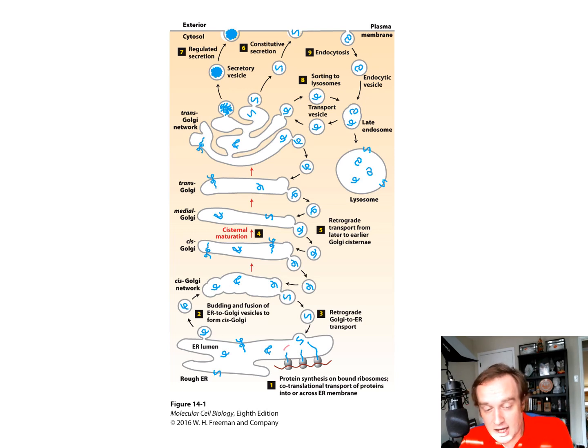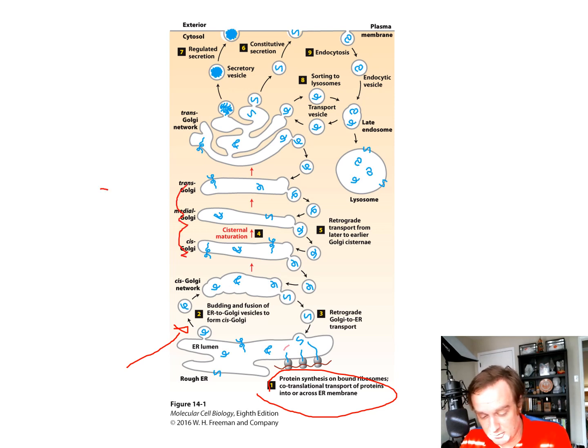We already talked about this last chapter, so we're going to start with number 2 right over here. Proteins are packaged into these transport vesicles that bud from the ER and fuse together to form this new cis-Golgi cisternae. So the Golgi apparatus is these kind of layers of membranes, as you can see here, and these stacks